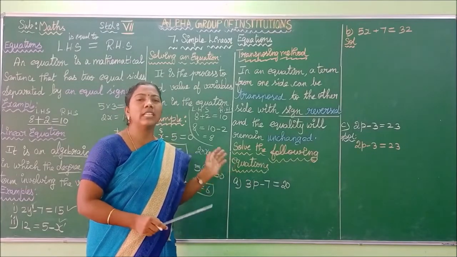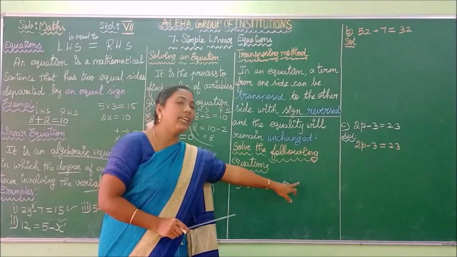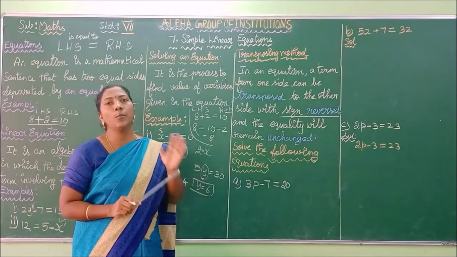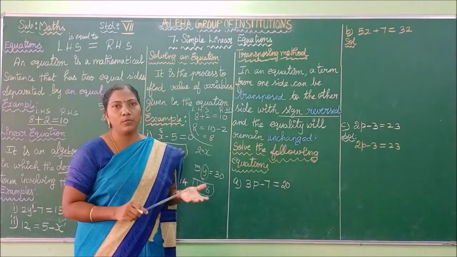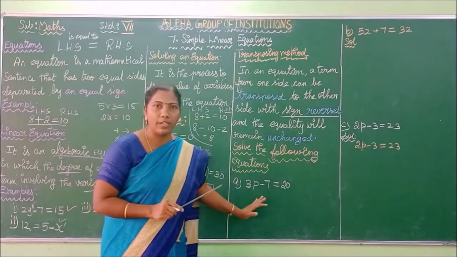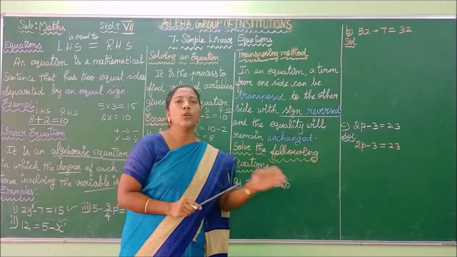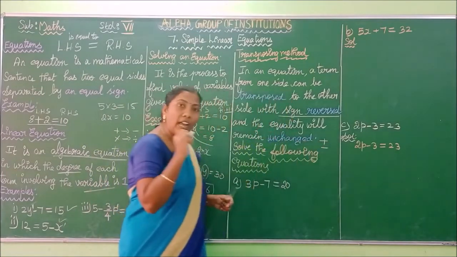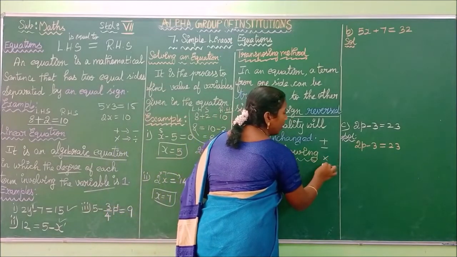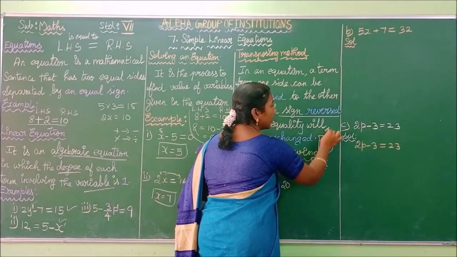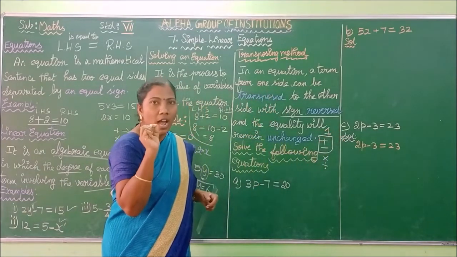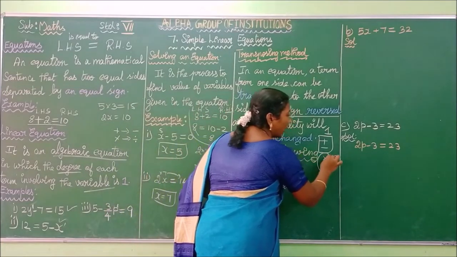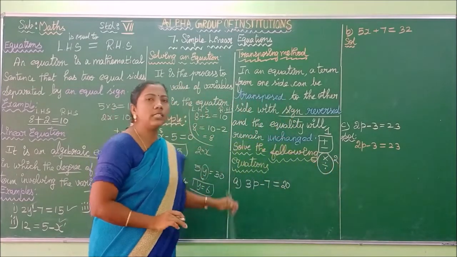Remove means you have to send the term to the other side, the right hand side, because these terms are on the left hand side. So the first step is you have to make the variable free. To make the variable free, you have to send the terms along with that variable. While you are sending these, you have to first send the terms which are in addition and subtraction. After that, you have to send the terms which are in multiplication and division. First step, send the terms in addition and subtraction. After that, send the terms in multiplication and division. While you are doing the sum, you can easily understand.